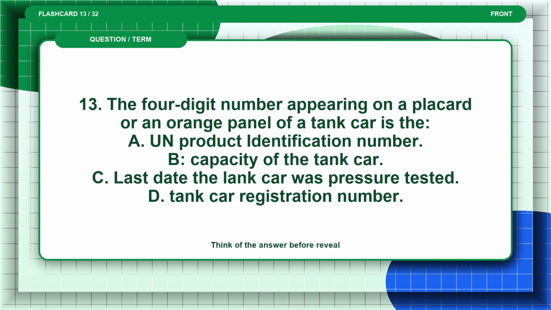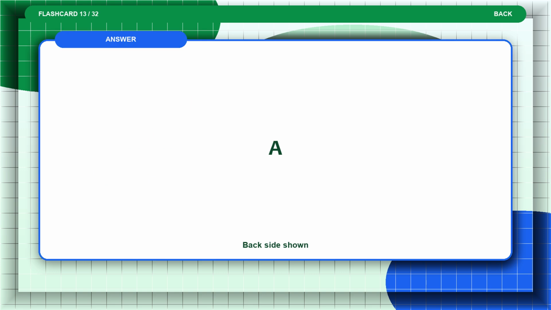Flashcard 13. The four-digit number appearing on a placard or an orange panel of a tank car is the: A. UN Product Identification Number. B. Capacity of the tank car. C. Last date the tank car was pressure tested. D. Tank car registration number. Think of the answer before the reveal. The answer is